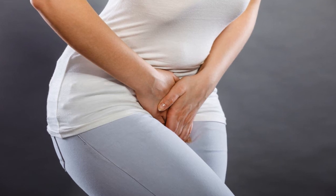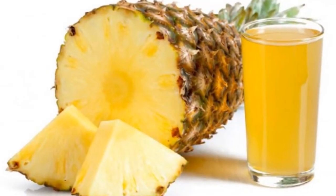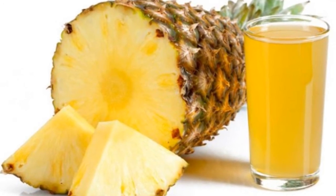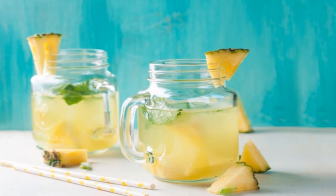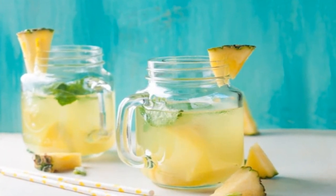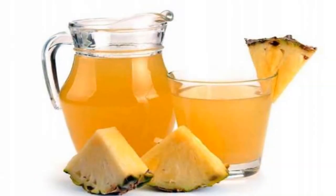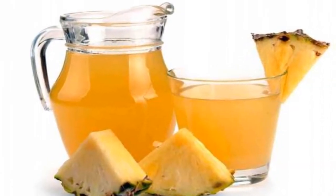Fight urinary tract infections with these 5 natural remedies. 1. Pineapple tea. The diuretic properties of pineapple tea are a great support to cleansing the urinary tract in the presence of infectious agents. Its active agent, bromelain, has an antibacterial and anti-inflammatory effect that contributes to controlling the symptoms